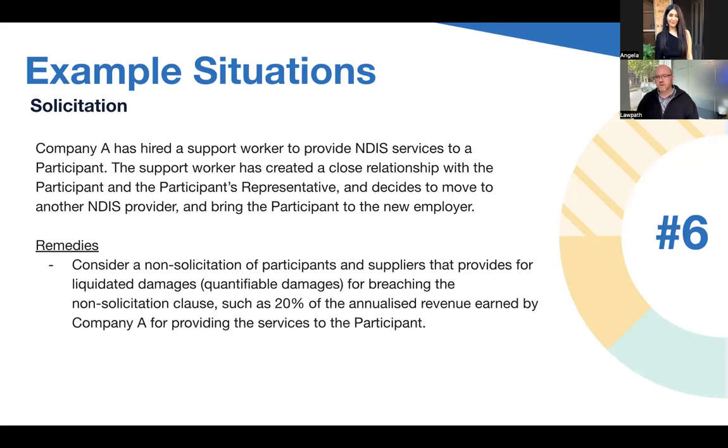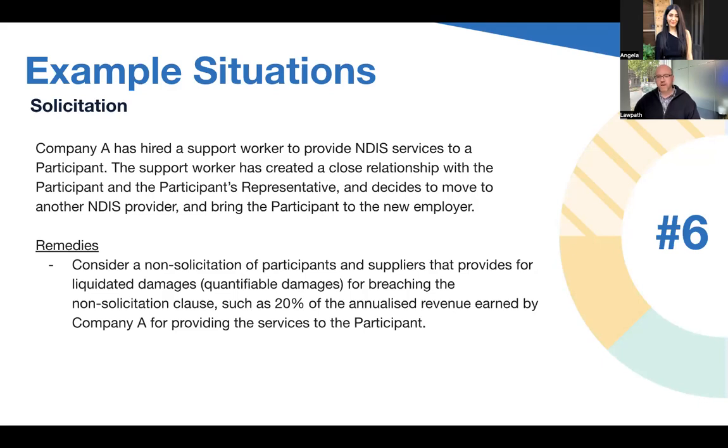You've got to get a solicitor and barrister, and it's going to cost you a minimum of 25 grand generally. And so no one actually enforces a non-solicitation clause. So what we normally draft now is called a business protection clause. It's a non-solicitation clause with this injunctive relief, but it has another clause on top of that, which is liquidated